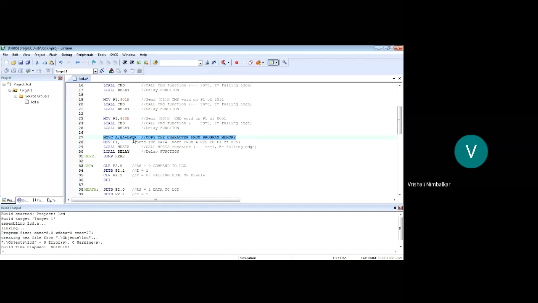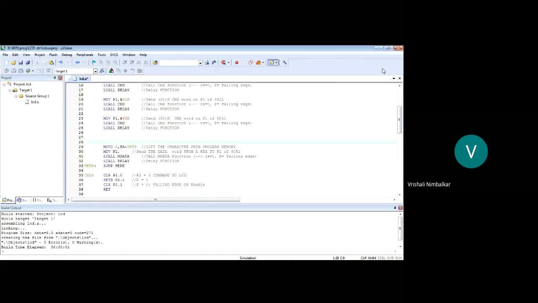What do I want to do? The character at 100 hex is to be picked up. DPTR is showing the correct address, 100 hex. So nothing should be added to that address. But the format is A plus DPTR. It means I should be careful while picking the data. DPTR is showing the correct address location, so nothing should be added to that DPTR address. That means the accumulator should be cleared. MOV A comma hash 00 hex. Clear the accumulator so that 00 gets added to DPTR.